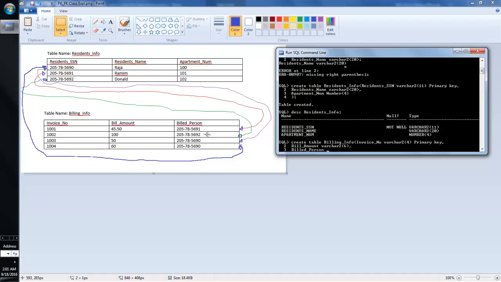Now again, this one will be VARCHAR2, and it is 11 characters long, and then our goal is to make this field a foreign key that will be pointing to the primary key of the residence info table, that is, pointing to the data in the residence SSN field in the residence info table. So how can you do that? It's very simple. You mention